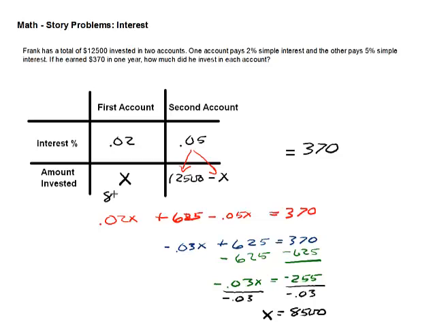So this would be $8,500. To find out how much we have in the second account, because X is 8,500, we put 8,500 here and subtract it from 12,500, which is going to give us $4,000. So the first account is 8,500, the second account is 4,000. So that's how you set up, or how I set up the